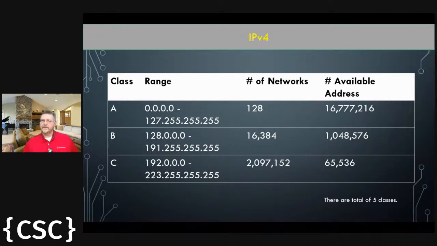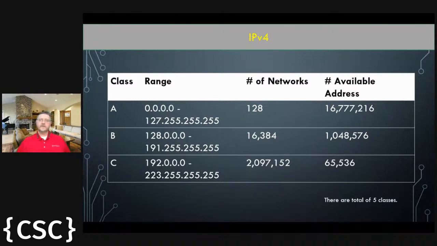So this is talking about classes. In just a moment, we're going to switch over to another way of describing networks, and it's called CIDR, which is classless interdomain routing. So when we talk about classes, understand that it's talking about a specific range. Now, the 192.168.0 address, yes, I believe that is the number of available addresses per network. I'm 90% sure on that.